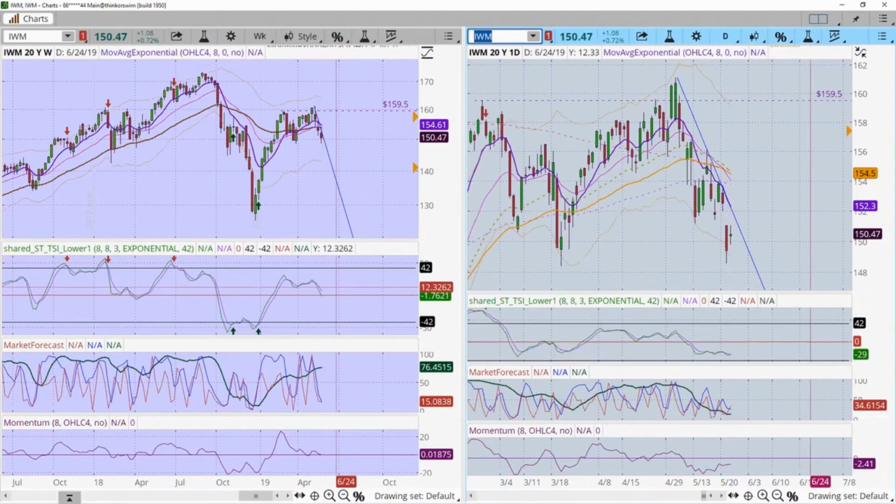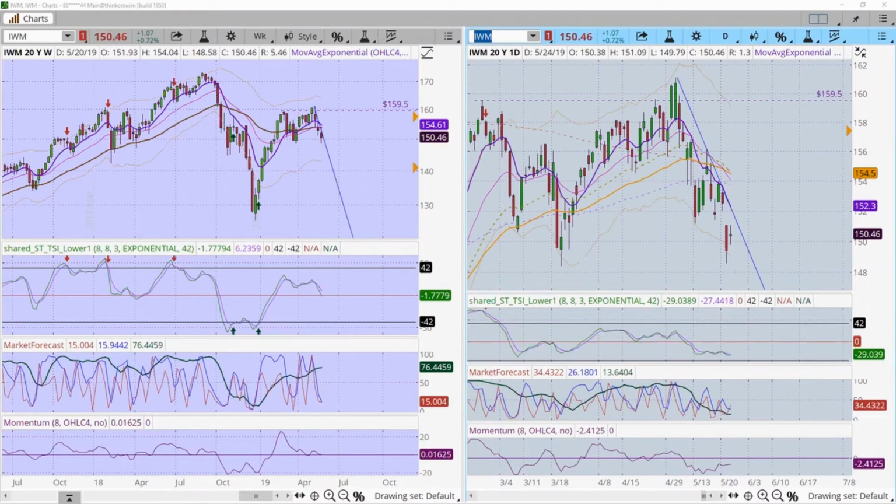As we see here, some of the telltale issues that are going on with the IWM: the TSI momentum on the weekly chart is just looking like it wants to turn over on the market forecast. The momentum from the TSI has already turned over and broken. And see, the longer term momentum here is in fact continuing to slide. Now, if this breaks below the zero line, oftentimes on the momentum, that's an indication that we are going to fall even further.